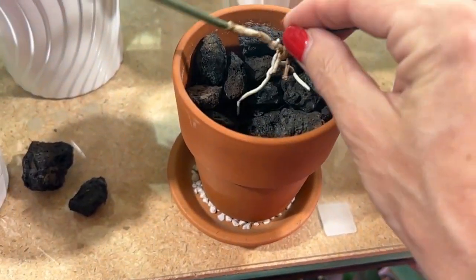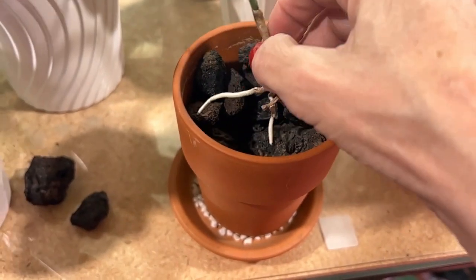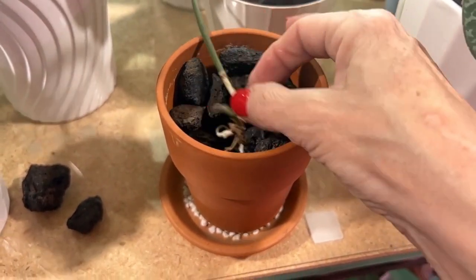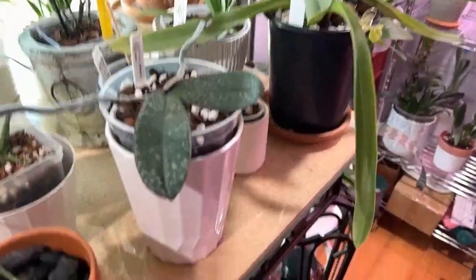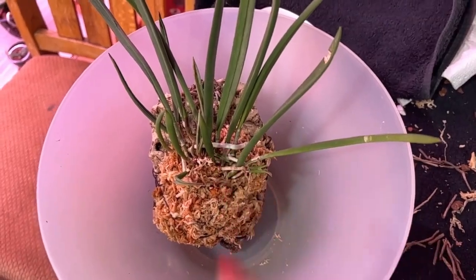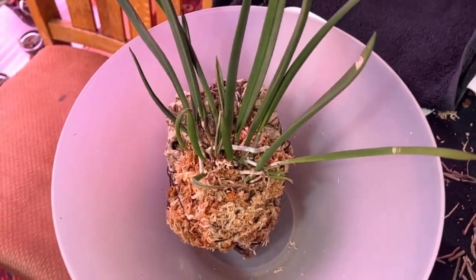So more than likely, I'm probably just going to take this and it's going to find its way into the bin, because I do have, well, where did it go? Here it is. Sorry about the swings. I do have this one here that is growing some nice new